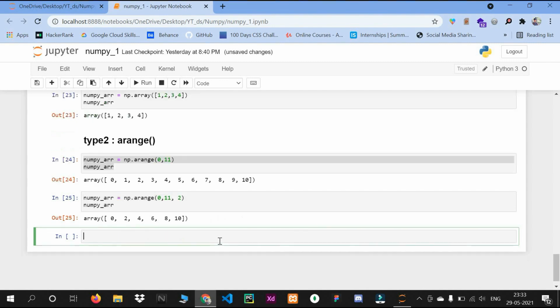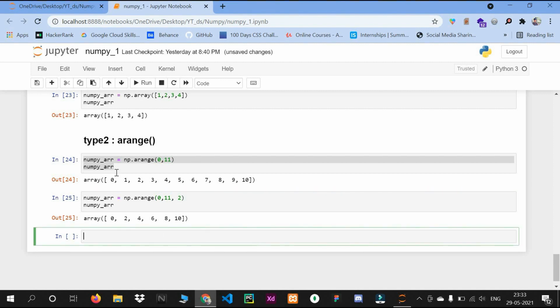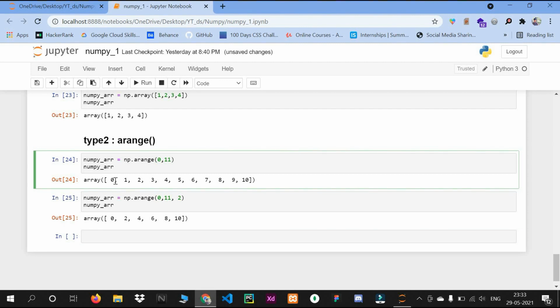Step by 2 means it gives me elements from 0 to 10 in steps of 2, like 0 2 4 6 8. The fourth parameter is the data type, which is optional. So you can create arrays by using the arange function, and it is easy.